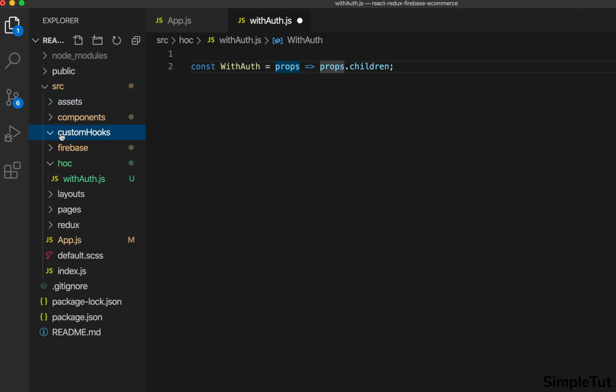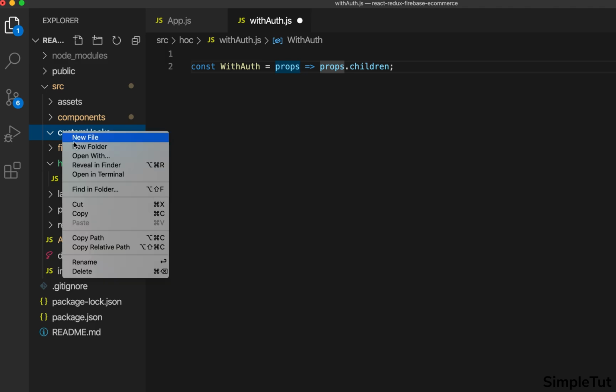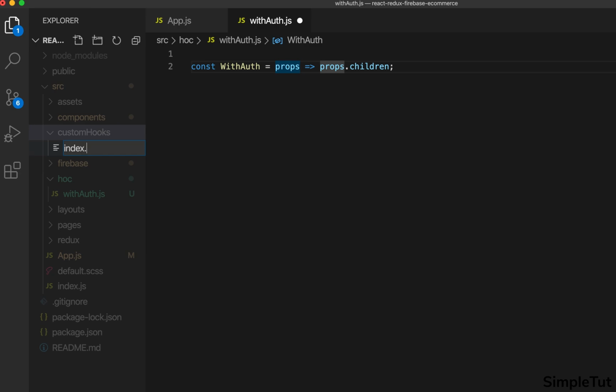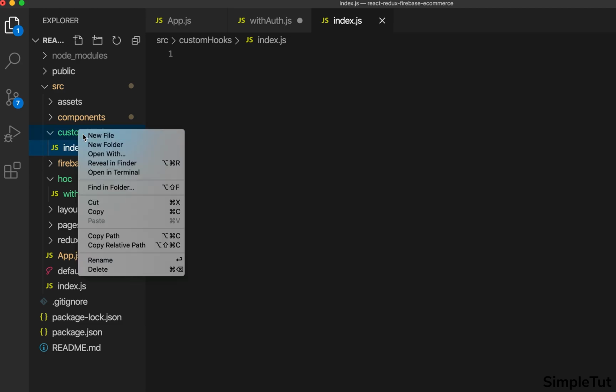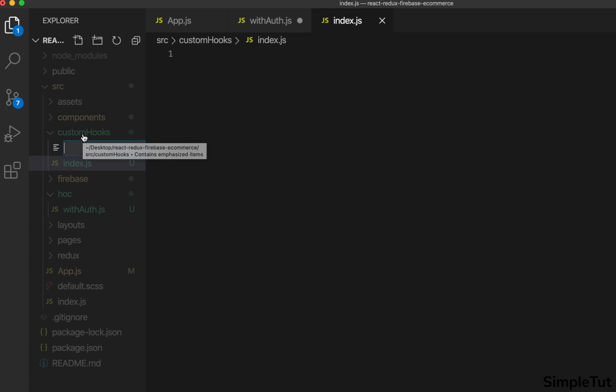And I want to have a single file that I can import my custom hooks from. So I'm going to create an index file that I'm not going to write my custom hooks in, but I want to export them from. So actually for this custom hook, I'm going to have a separate file, and I'm going to call this